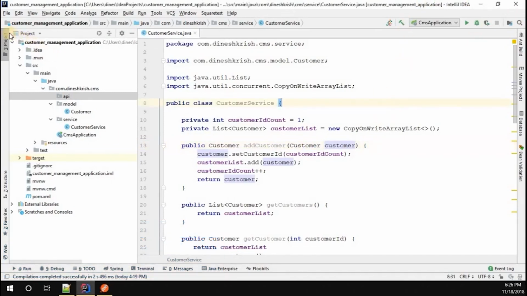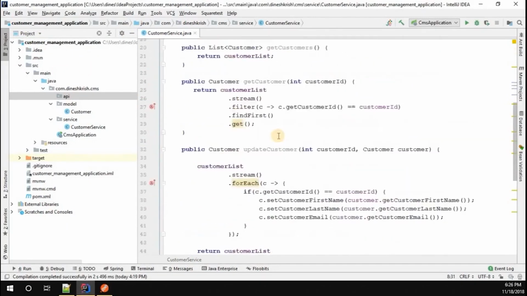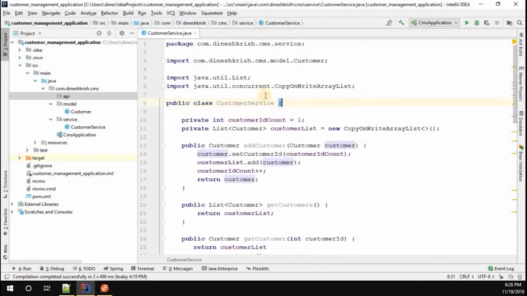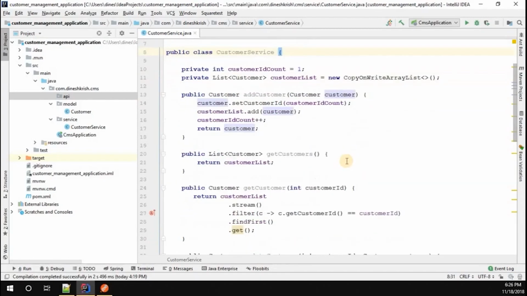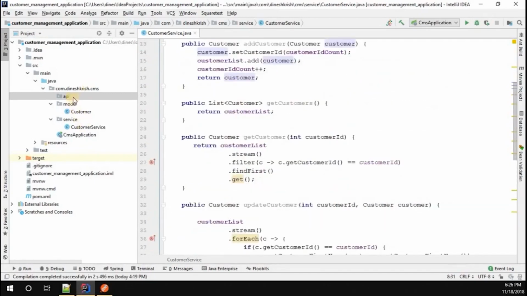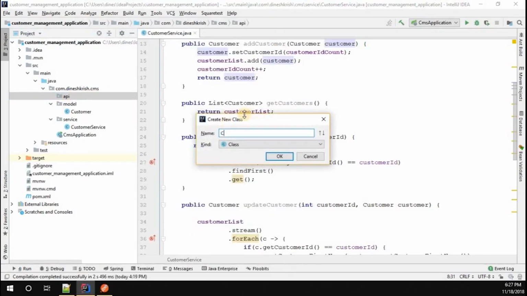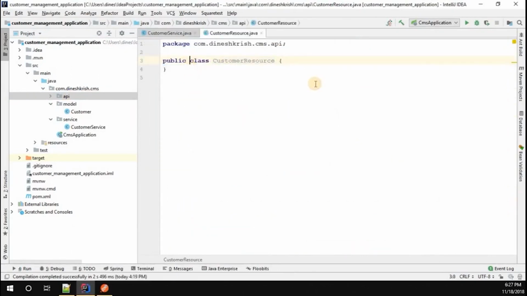So now you can see we already created the Spring Boot application. We even added the service layer to our application. This service layer is going to handle all the customer related activities, such as adding the customer, getting the customer, updating the customer, and deleting the customer. Now I'm going to create one class under the API package, the class name called CustomerResource, right? The class is created under the package called